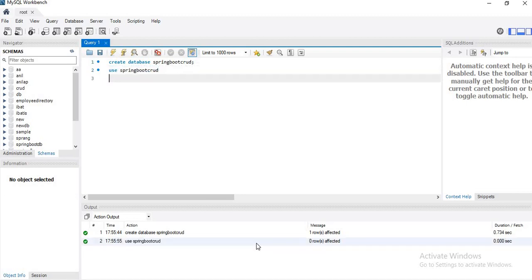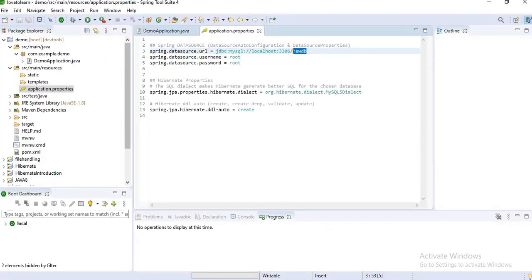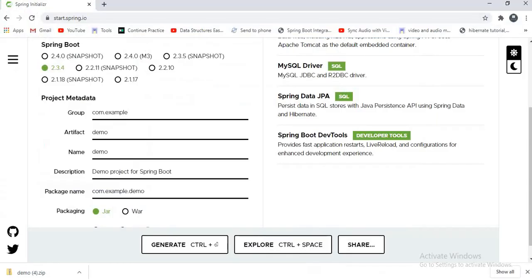Okay guys, let's see the tables in my database. There are no tables in my database. Yep, there are no tables in my database. And Spring Boot CRUD, I want to store my data in this database.